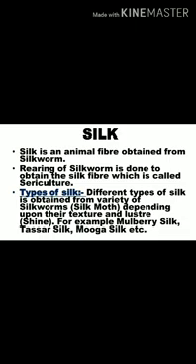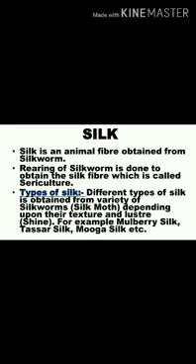Silk is an animal fiber which is obtained from silkworm, and to obtain the silk fiber, rearing of silkworm is done through a process called sericulture. And there is a variety of silk, and that depends upon the type of silk moth out of which fibers are extracted. Different types of silk are obtained from a variety of silk moths depending upon their structure and lustrous property, that is, shining appearance. For example, mulberry silk, tessar silk, mughal silk, etc. These are some of the examples of variety of silks.